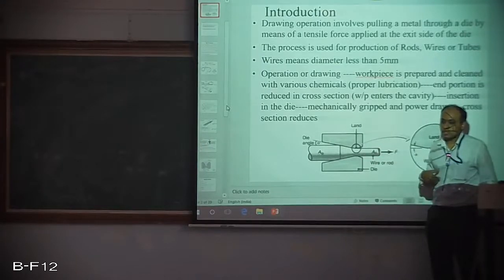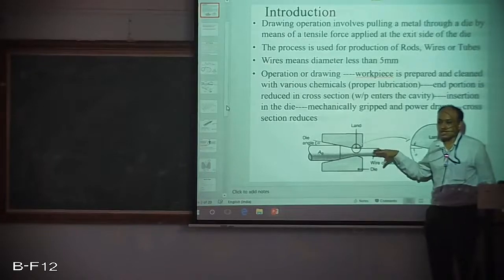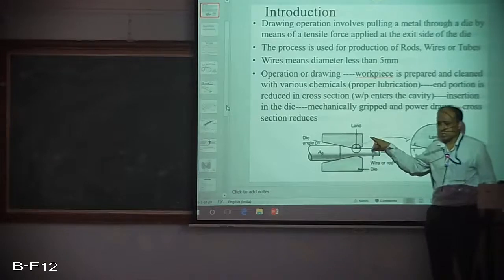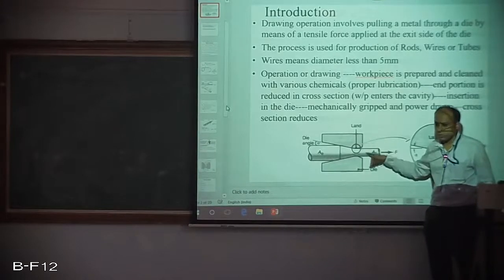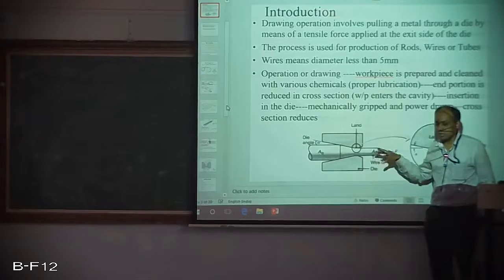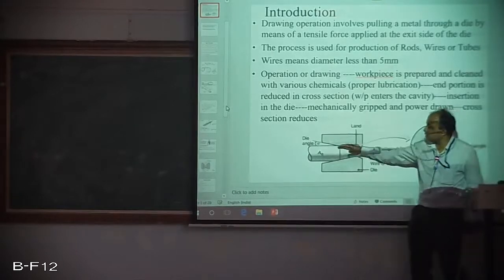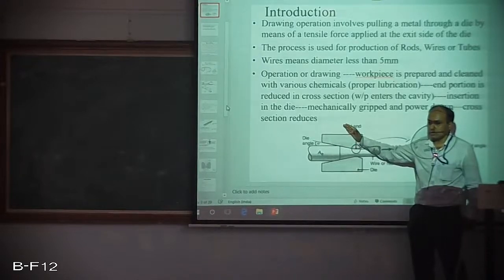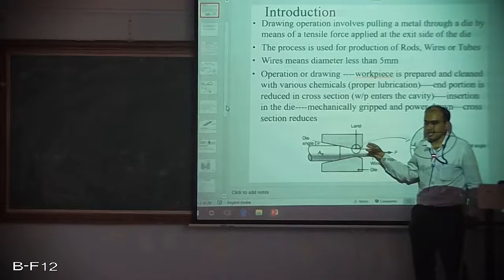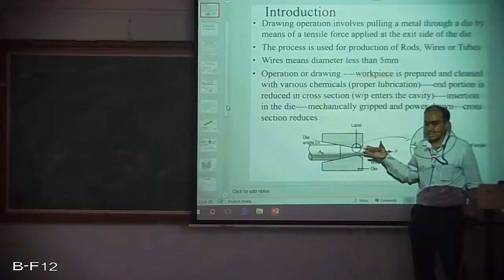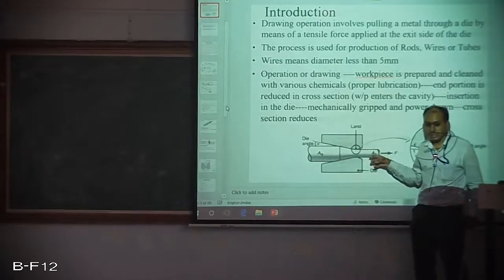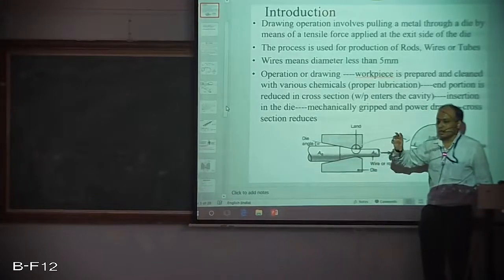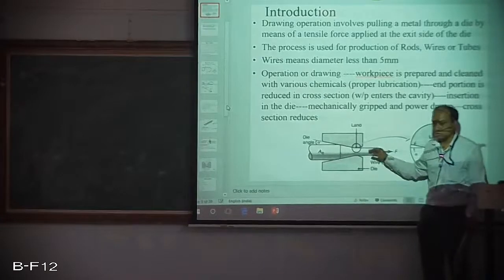So as far as possible, I need to keep homogeneity in the deformation. How can I keep the homogeneity in the deformation? By reducing the redundant component during the deformation. So if I increase the die angle too much, probably above 18 degrees or so, if I cross 20 degrees, the redundant portion will be very high. It will lead to inhomogeneous deformation. That should be avoided. That's a problem with your cross-sectional area reduction in one step.